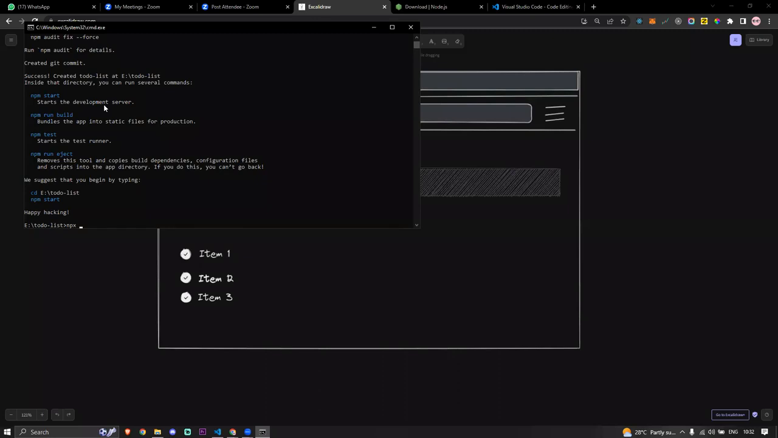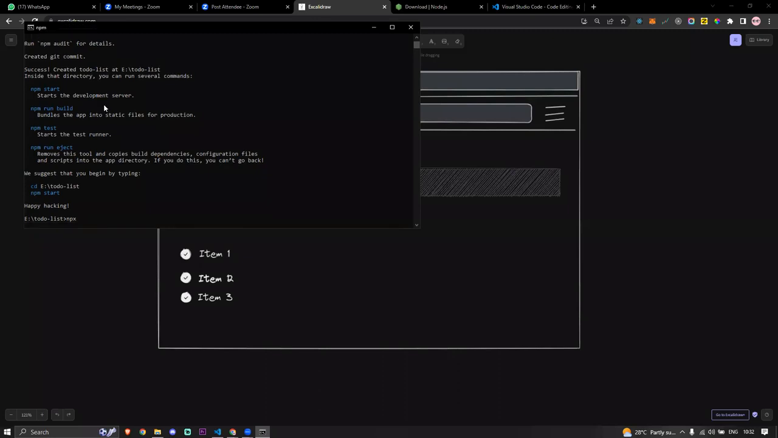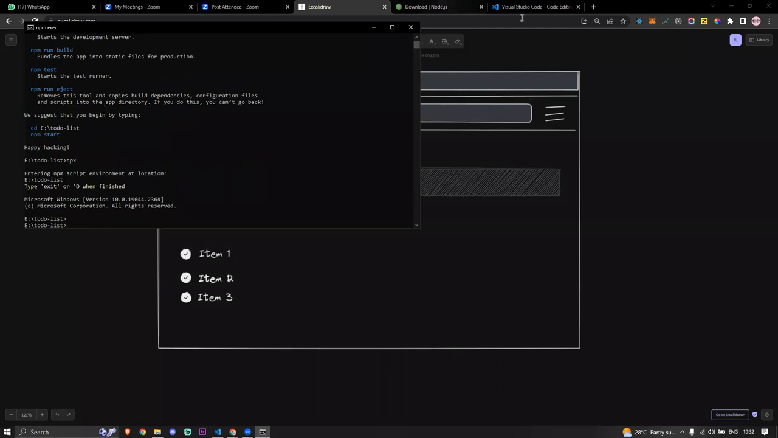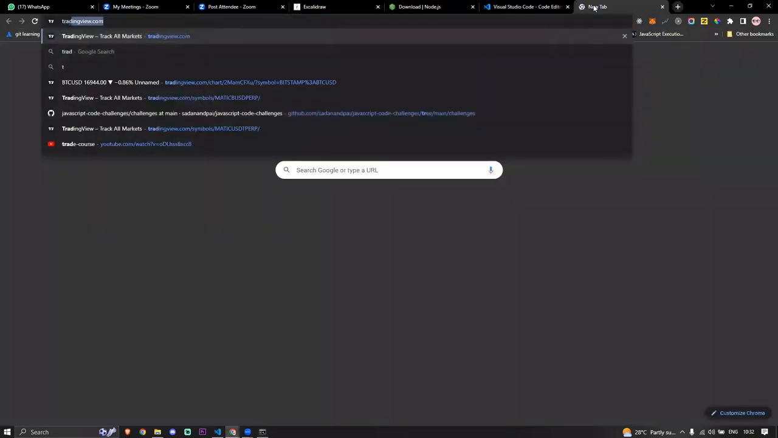So what is React and what is it used for? Okay, so what is React? Basically, if you compare it with the traditional application,